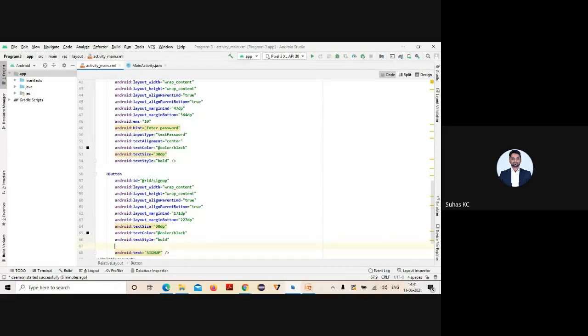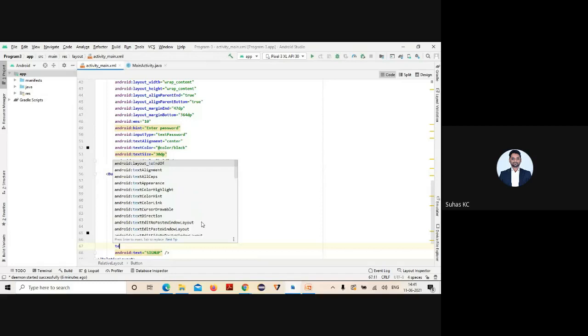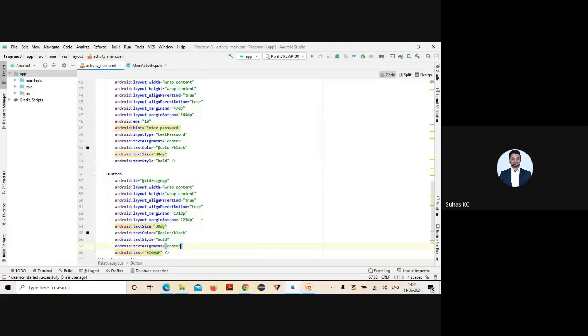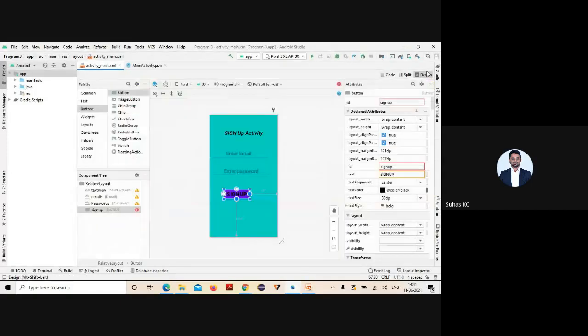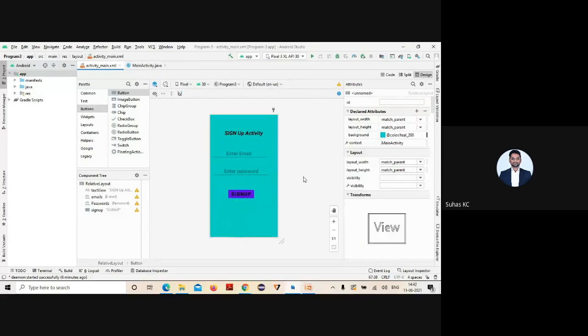And if you want to make it center, you just go with text alignment and press enter. So it's very easy to design. See, hope you can see, right? Whatever I just specified. So this is your first page activity. Hope you can see one text message and two edit texts. One is to enter your email, one more is your password, and the sign up button.